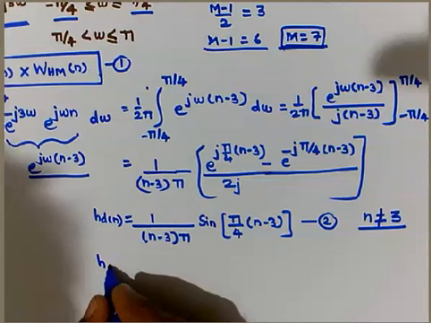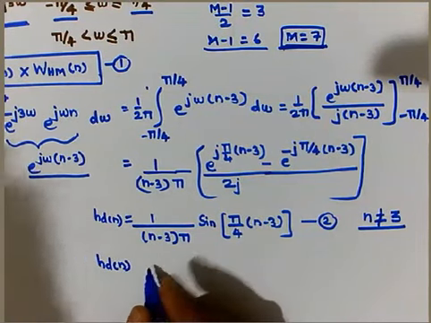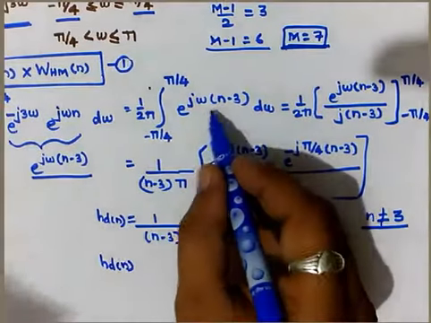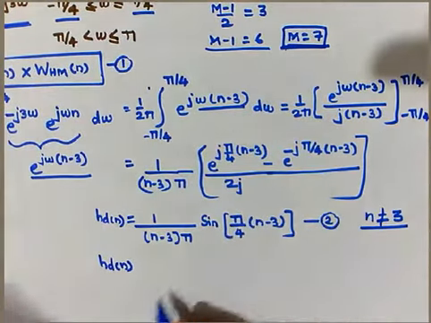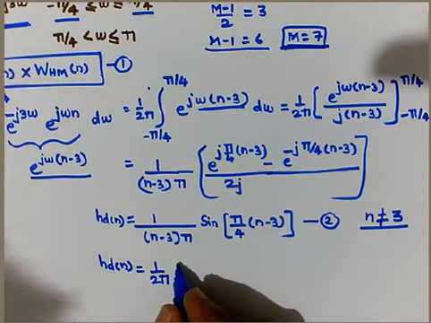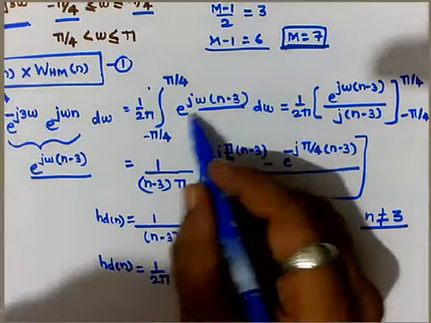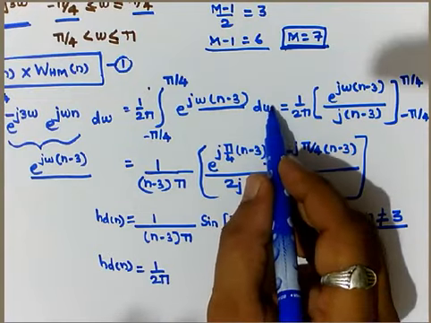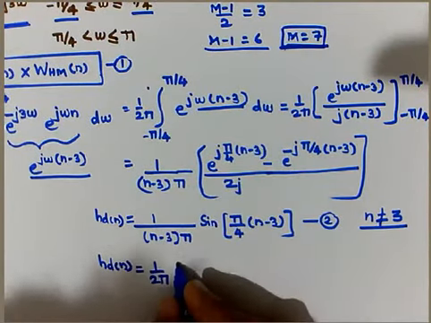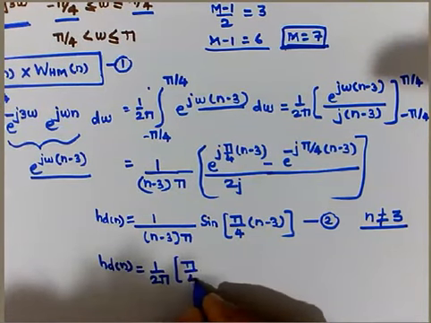So what is it for the n equal to 3 case? It is nothing but simply put the value n equal to 3 in this equation. So it will be 1 upon 2 pi e raised to 0. Again the integral will be 1. E raised to 0 means it is 1. So the integral of 1 with respect to omega is omega. So here it will be nothing but pi by 4